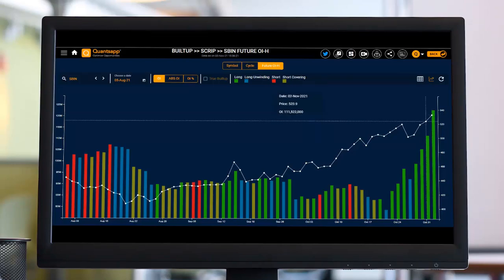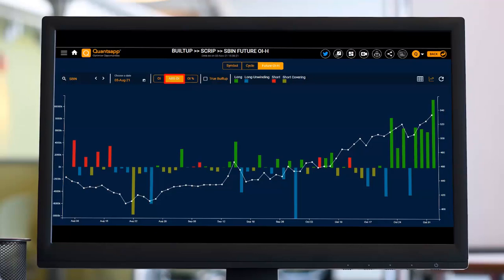So first the tool will show us the cumulative open interest. It will show us the price and the day on day, end of the day price of that instrument. Again, even the future OIH will update in real time whenever we hit the refresh button. Absolute OI is basically the change in open interest in absolute quantum. So let's say on 28th of October, I want to see in terms of absolute contracts how many open interest contracts were added or unwound. I can go ahead and see that.